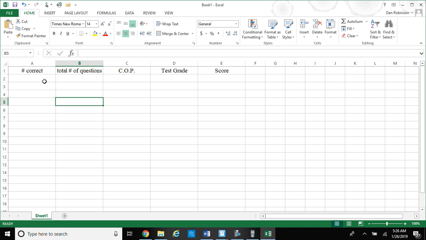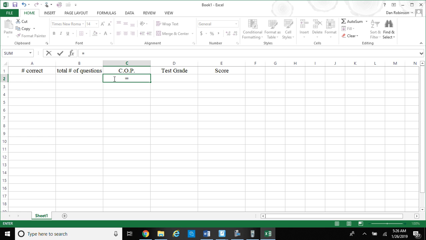So the number of correct we would put here, the total number of questions here. COP, or constant of proportionality, that's the number of points per question. We would get her test grade and her score rounded off. So I would put in here the total number of questions that were correct. But in order to calculate my COP, or how much each question was worth, I need to put an equal sign here and take the